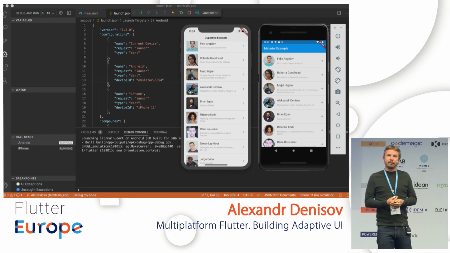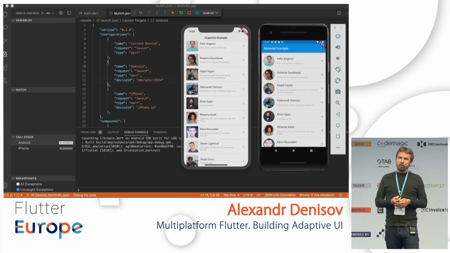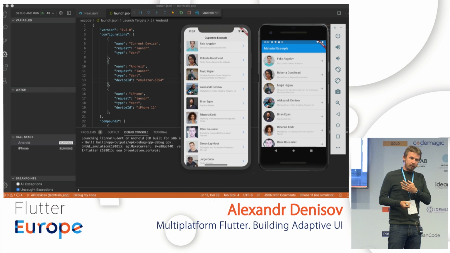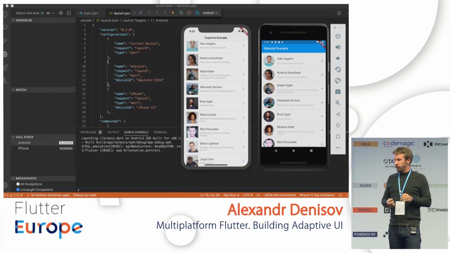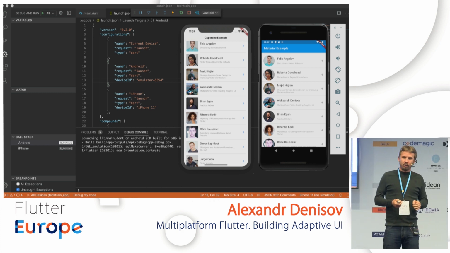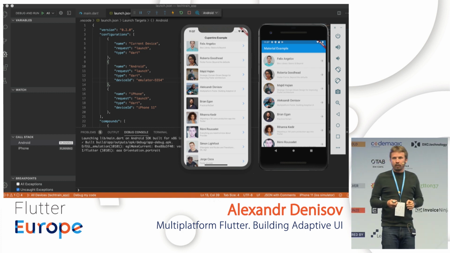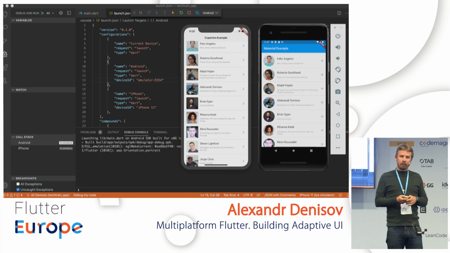It's a really nice tool that shows you how your application looks on iOS and on Android, for example. And it also gives the possibility to debug your application on more than one device at the same time. But it works in Visual Studio Code only.